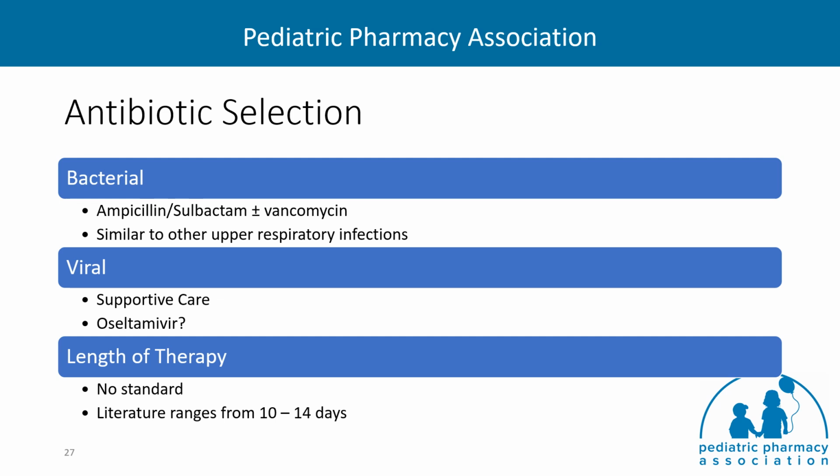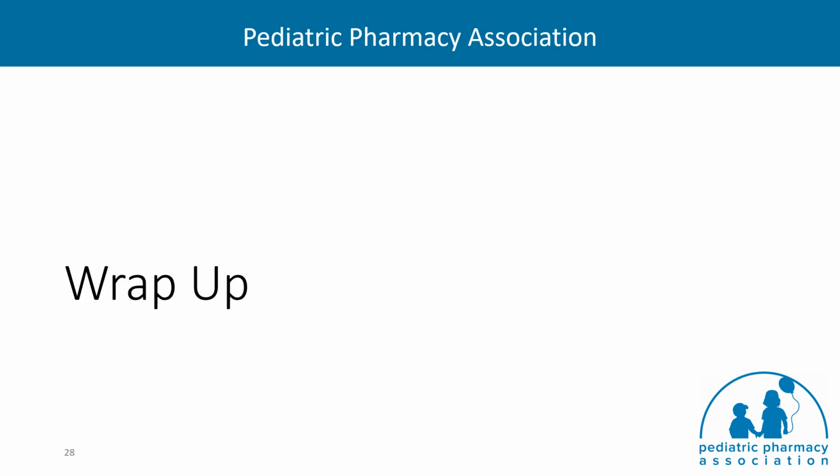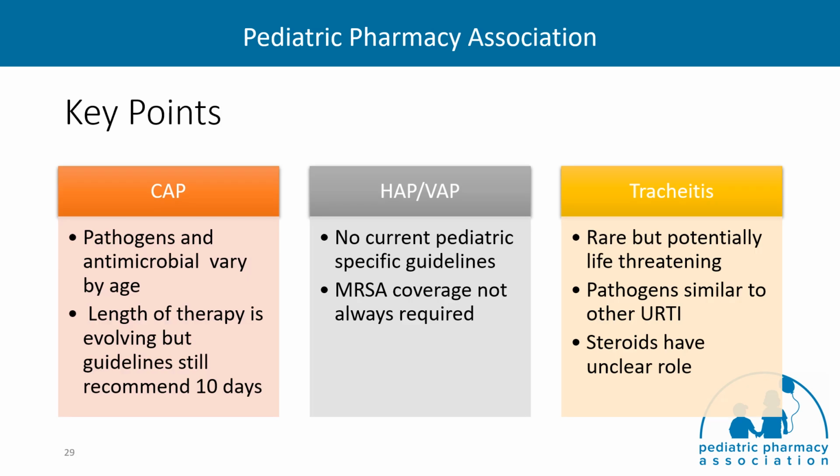The length of therapy in the literature for all antibiotics is conservative at 10 to 14 days, which reflects historical pneumonia treatment durations. When managing pediatric community-acquired pneumonia, there are significant differences in the pathogens and treatments based on the patient's age and even immunization status. Ensuring the narrowest appropriate regimen will minimize the side effects while also reducing resistance and saving agents for future use. The length of therapy is currently 10 days, however, emerging data will likely change that and result